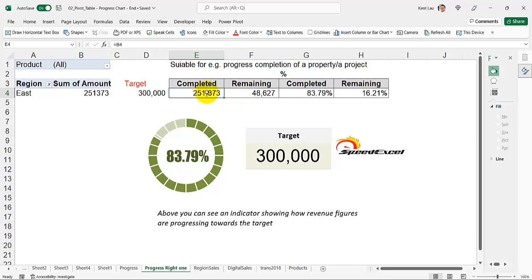So the completions completed 200. So how much is remaining? So use the target minus the completed here. And this one same goes to here. So you take that value divide by the target. So it's 83%. So now let's create the